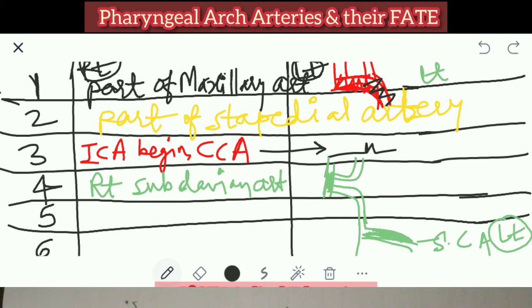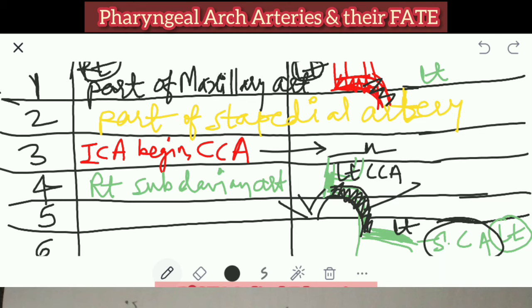This segment is of the arch of aorta. Now, arch of aorta is on this side also, which is giving the brachiocephalic artery on the right side. But this segment between the left common carotid artery to the left subclavian artery, this is formed by which arch? Fourth pharyngeal arch. This is arch of aorta. Only this much part of arch of aorta. I am not able to write it here. Please understand, only this part of arch of aorta.